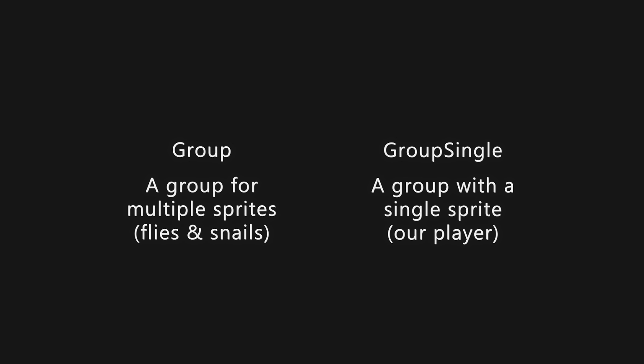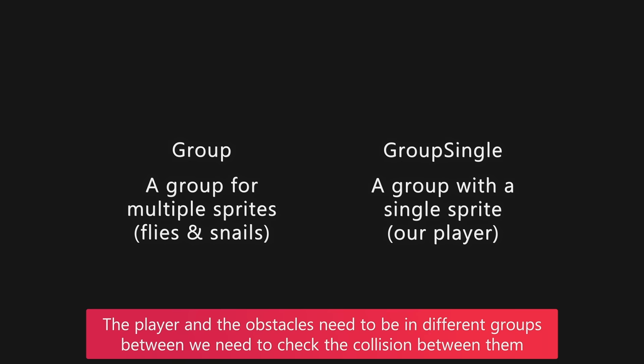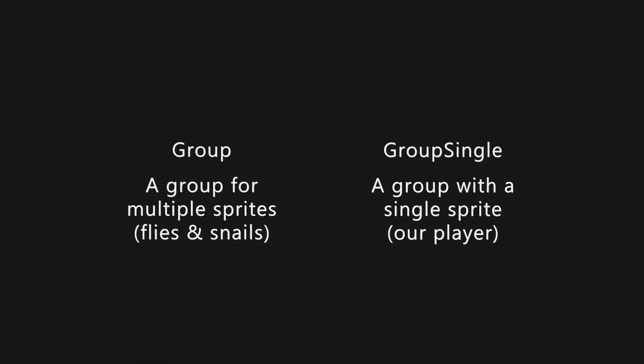It's kind of weird, but well, it is what it is. So our player is going to be in a single group, and all the other sprites will go in the normal group. The major reason why I put them into different groups is that when we are checking for the collision, we need to have them in different groups. That's really important. But that's going to come later. For now,